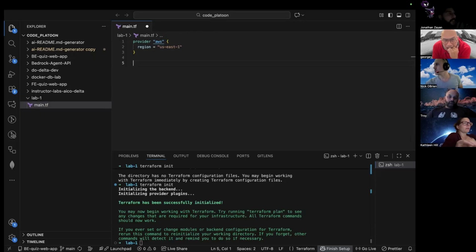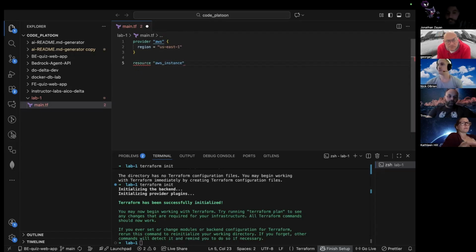Another type of block, if you guys remember, is a resource block. And for the resource block, let's say we're going to do aws_instance. Also notice there's no spaces. That's going to come up, I think today, and I'll tell you guys about the problem I ran into. And then here, you can call it whatever.